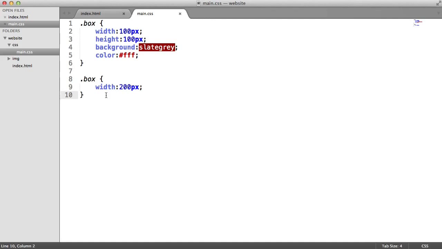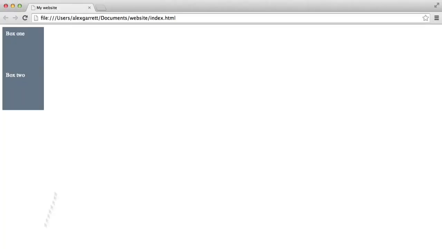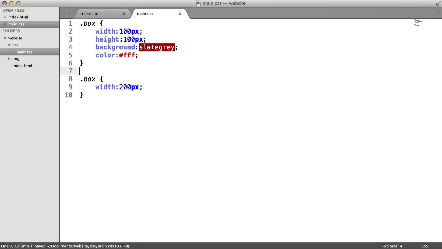I mean, it's highly unlikely that you would do that. But let's just say you had some CSS that wasn't yours that you were loading in, you couldn't change. And we're going to assume that this is that style. So for example, if I want to change the width of the box, I would have to do it with my own styles. Now, if you get things in the wrong order, what's going to happen is your styles aren't